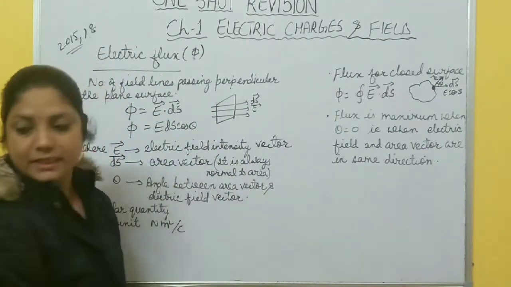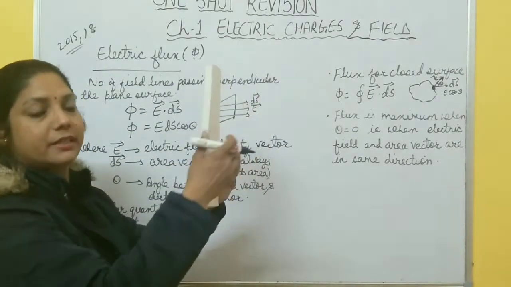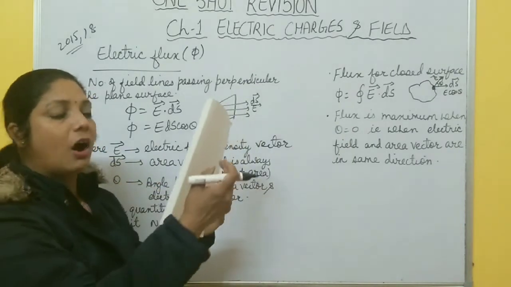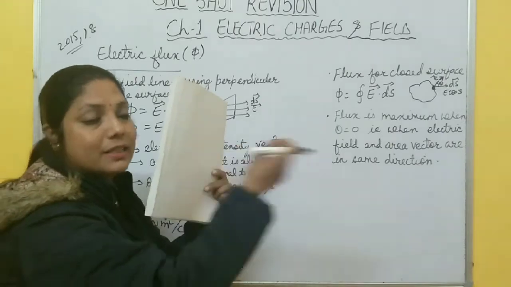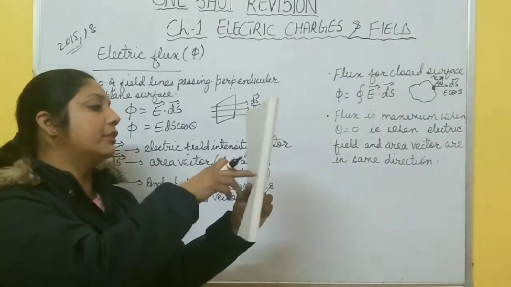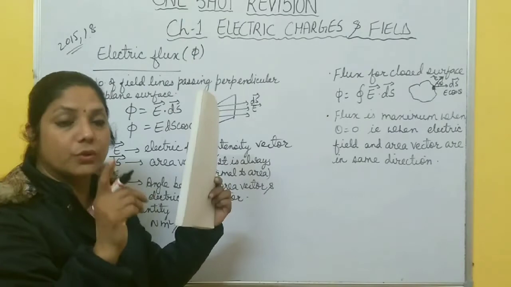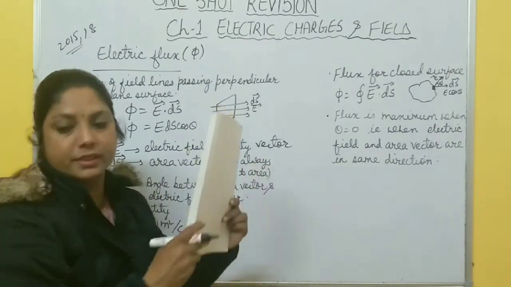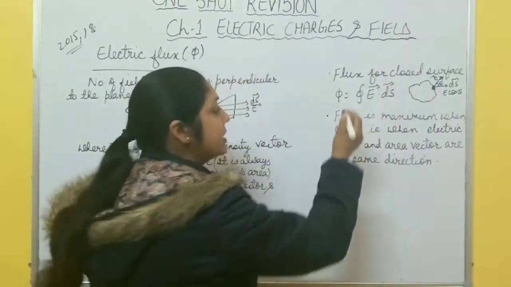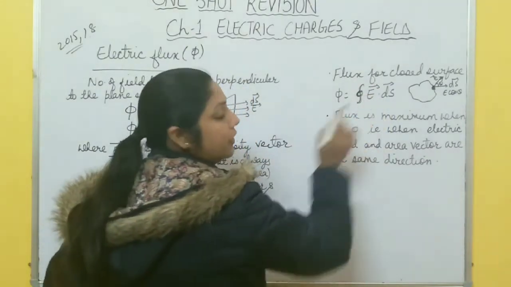This is for an open surface, a 2-dimension surface, right? This is a 2-dimension surface, open to both sides. But for 3-dimension, which is a closed surface, we only take how many lines pass through a particular surface, right? We only take outward flux. Here in 2-dimension, both inward flux and outward flux are taken. But in a 3-dimension closed surface we only take outward flux, right? So for a closed surface, flux becomes the integral of E dot ds. This represents a closed surface, E dot ds.